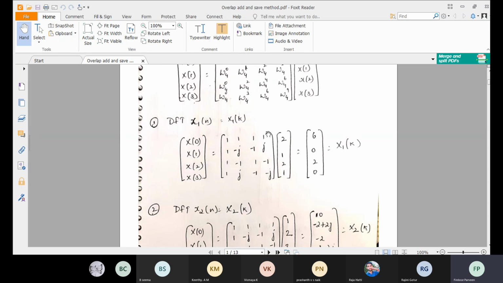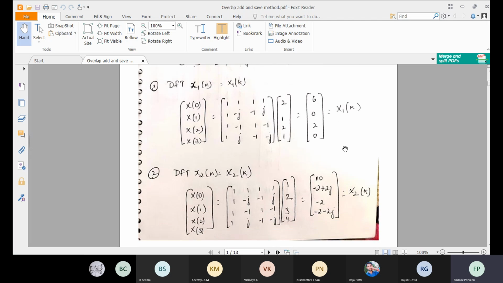So this complete row into this column. So what will you be getting? You will be getting this matrix, that is x1 of k. This one is nothing but x1 of 0, x1 of 1, x1 of 2, x1 of 3. Okay, here it is x1 of 0, x1 of 1. This is x1 of 2, x1 of 3. I have not written it, so you can write, this is x1 of 0, x1 of 1, x1 of 2 and x1 of 3. So what you will be getting is nothing but x1 of k.